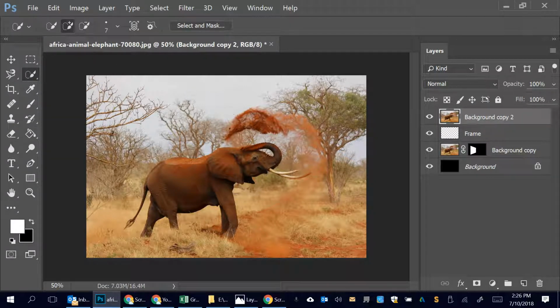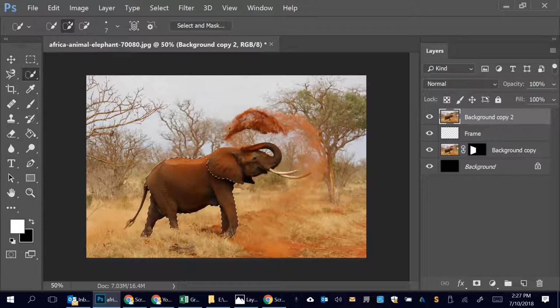And what you really need to focus on is what is outside the picture frame. So can I select his body way back here? Yes. Does it matter if I do? Absolutely not, because it's going to be in the picture frame itself. What I need to concentrate on and be precise on is the outside and what I want to keep on this. So I'm going to move down